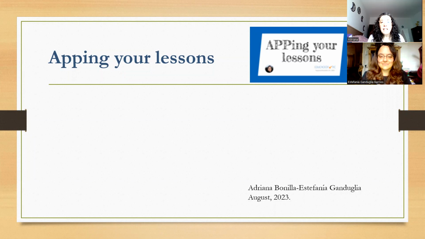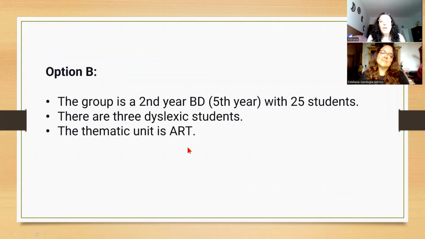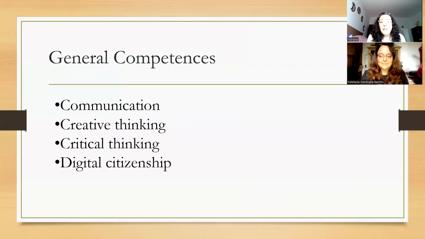For our final activity, we have chosen the second option, option B. It's for a group of fifth graders, 25 students, 3 of which are dyslexic. The thematic unit is art. We chose this particular topic for our final project because we think art is a really appealing topic for our